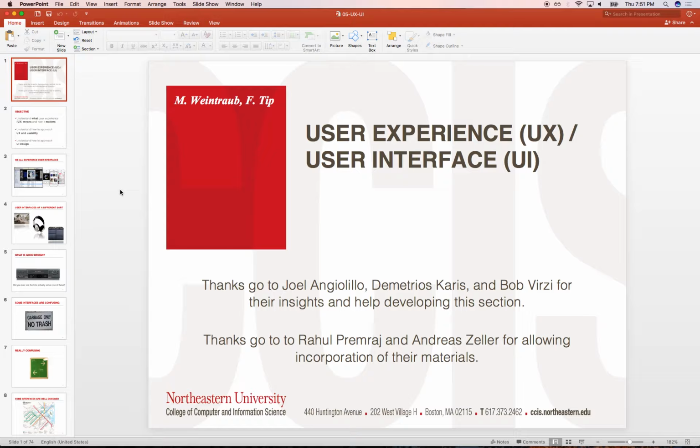Or they're calling a call center for help. How do I do this? How do I do that? And that turns out to be very, very expensive, right? Folks creating a ticket, having somebody on the phone talking to somebody. That's just way too expensive. So what user experience tries to do is come to a realization that you're either going to spend the time and effort up front, or you're going to spend even more, later on, right?